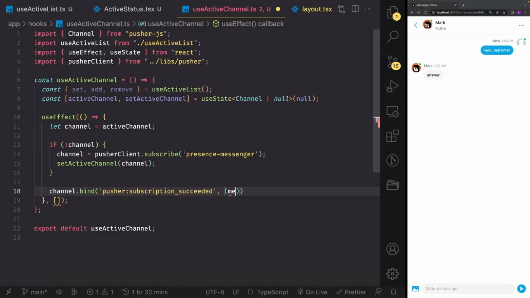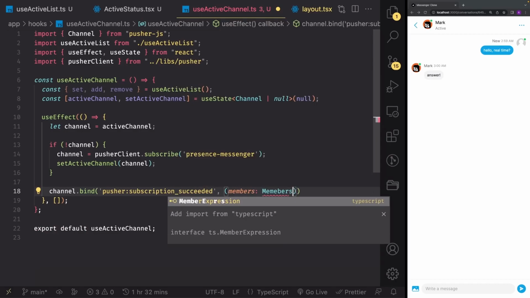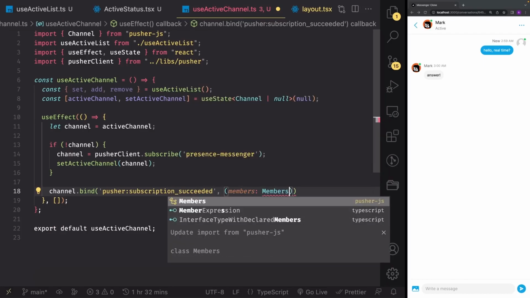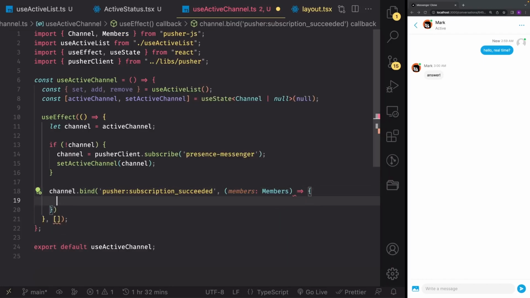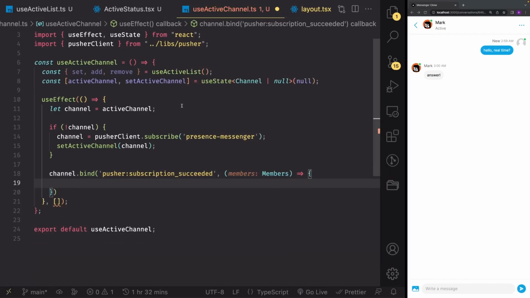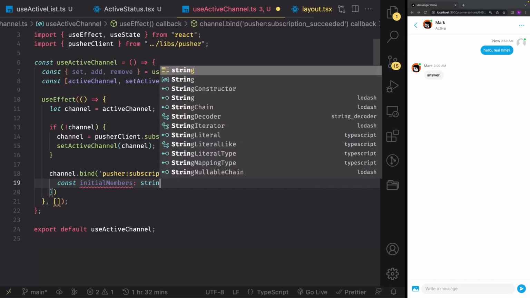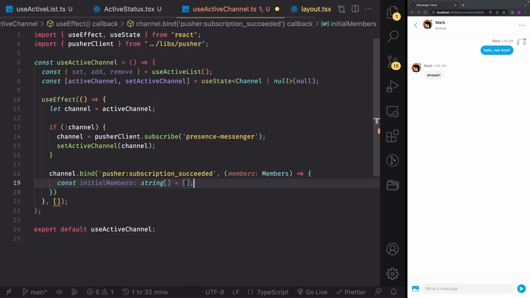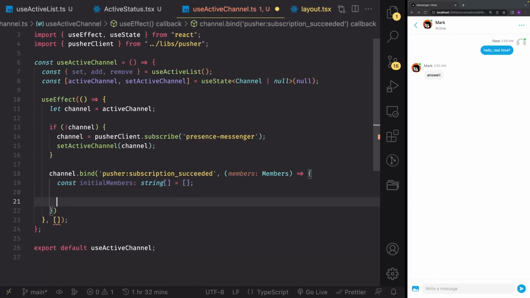And for that we get members, which you can get the type members from pusher.js like this. Great. And what happens with those members? Well, first let's define the initial members. So const initial members, it's a type of array of strings and it's an empty array. And now what we're gonna do is we're gonna iterate over these members and just push their emails. Great. So